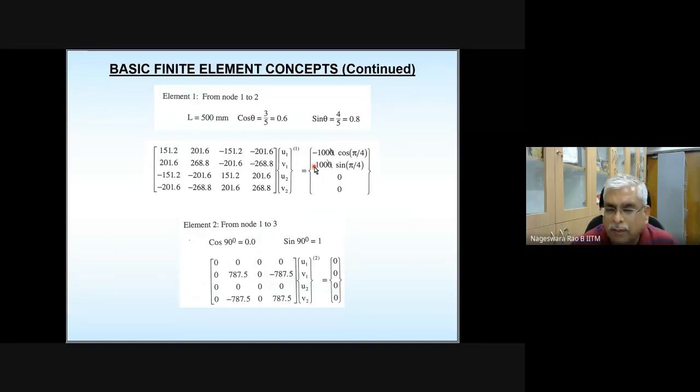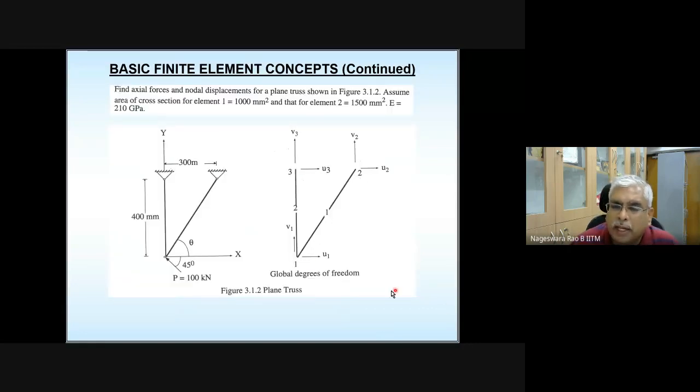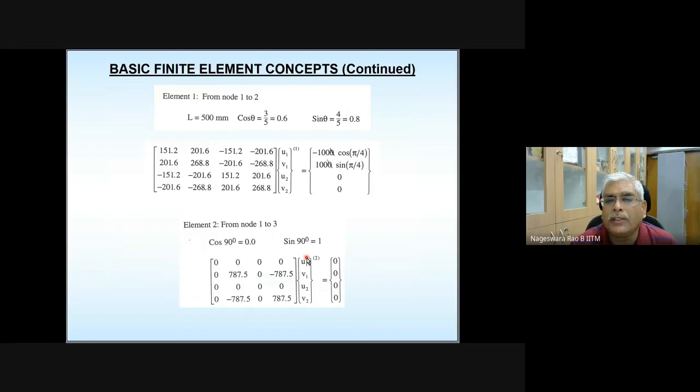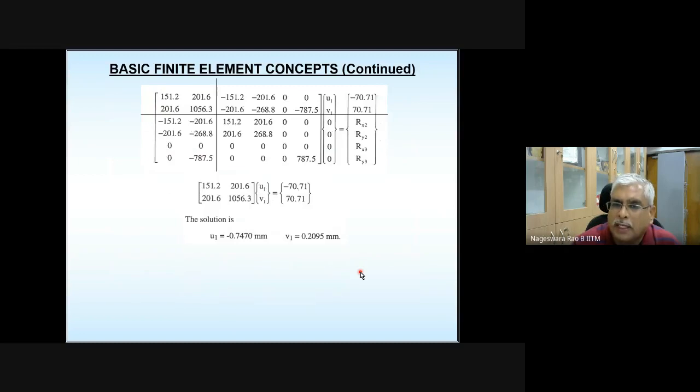One more thing. I told you repeatedly, you should be very careful when you are numbering the nodes, and you should be intelligent when you are numbering the nodes. Why? I will tell you one thing. Okay. So now you see here, you assemble the element equations, element 1 equations, element 2 equations, and once you got element equations, based on the element connectivity, you got the global equations. Okay?